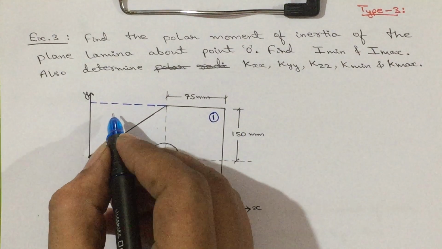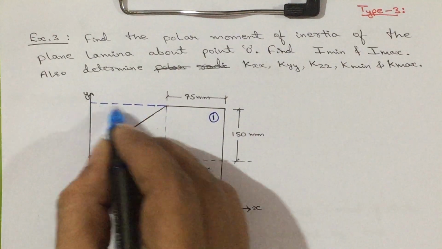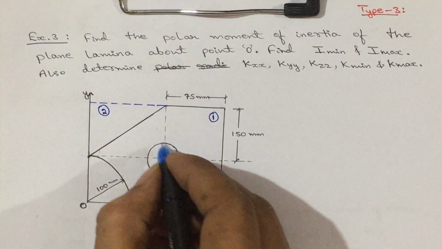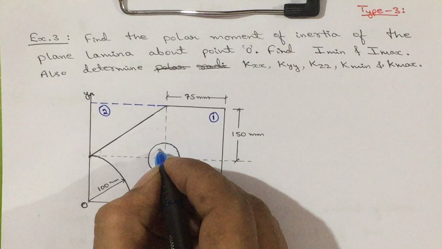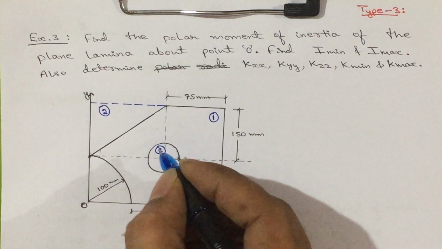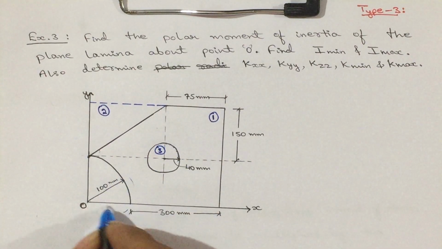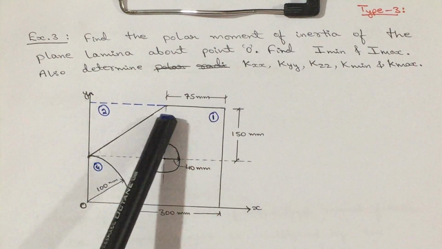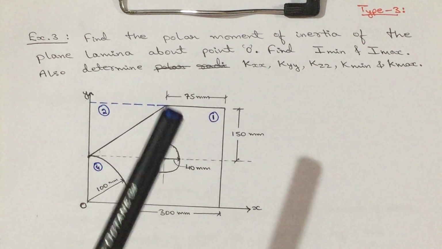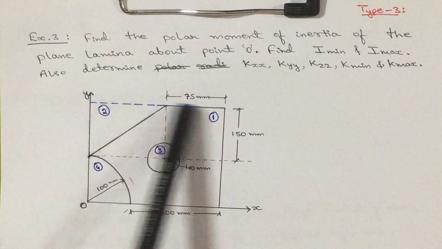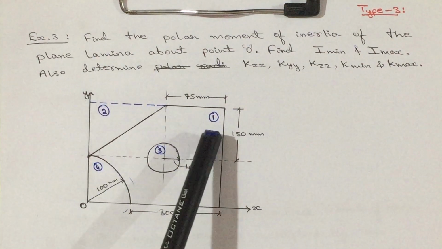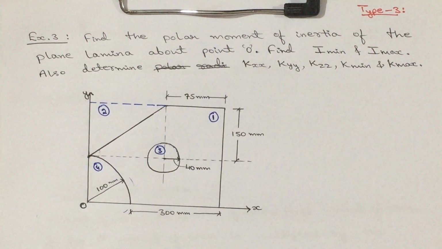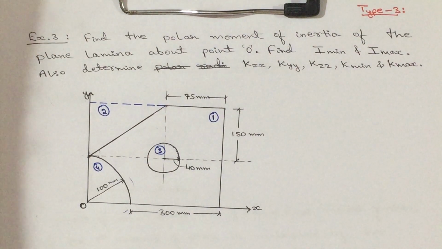Then from that I am going to deduct this triangle, take it as 2. Then I am going to deduct this empty portion here, that is circle, 3. Then I am going to deduct the quadrant portion, 4. Only this much portion I needed. So, what I did, I extended this line in this entire thing, that is 1. I deducted 2, 3, 4. So, I am going to get the remaining thing.